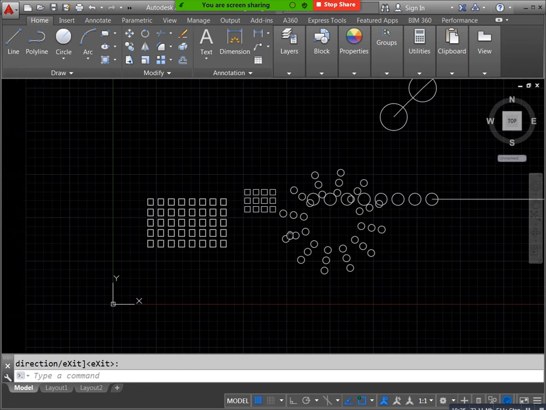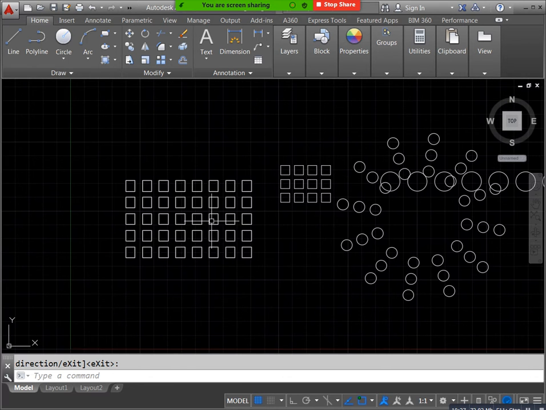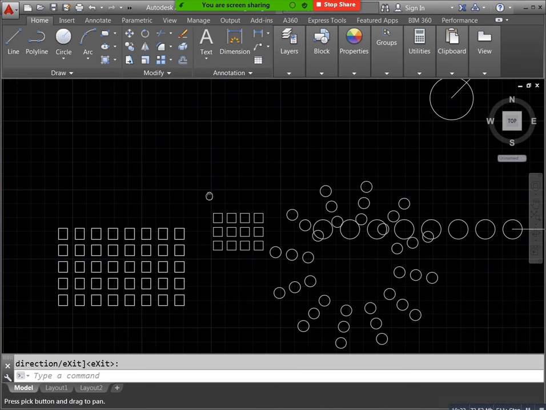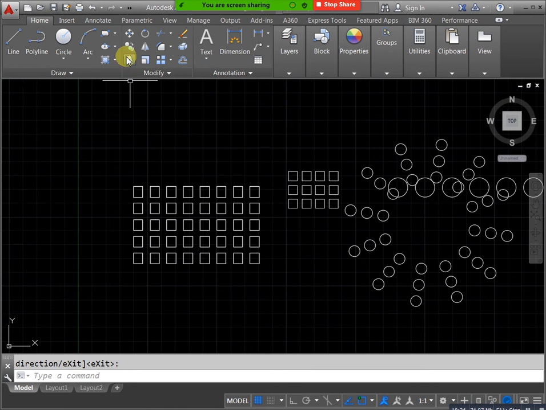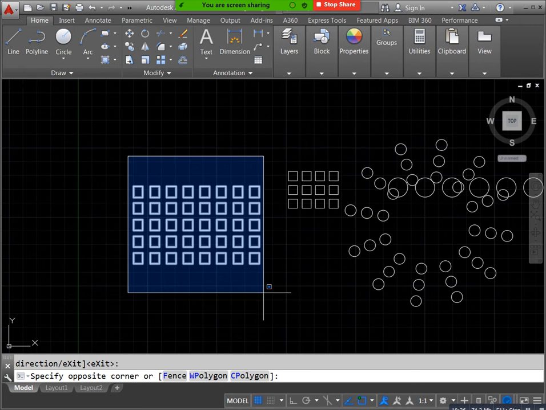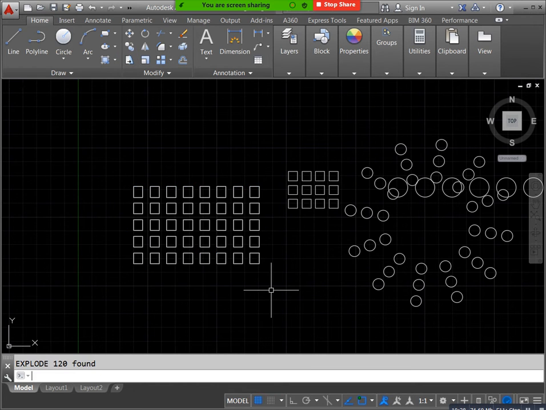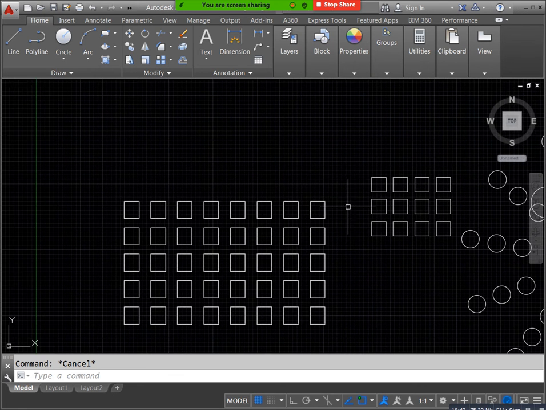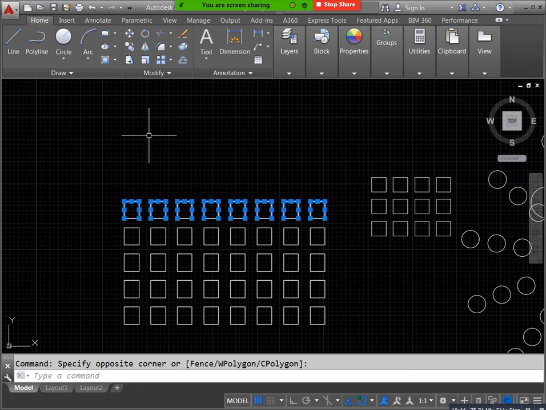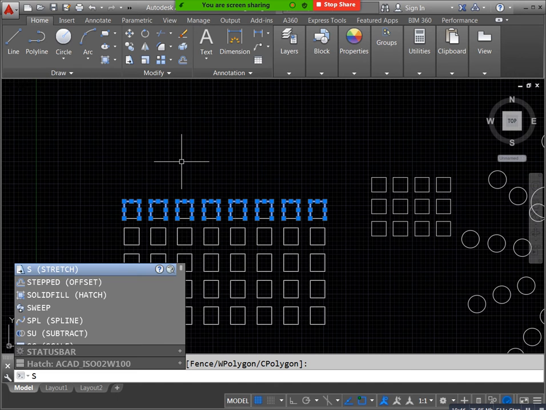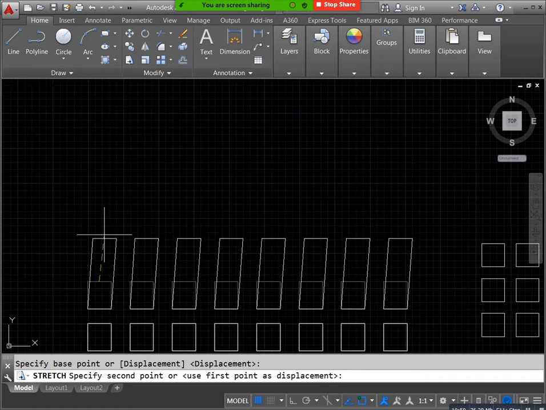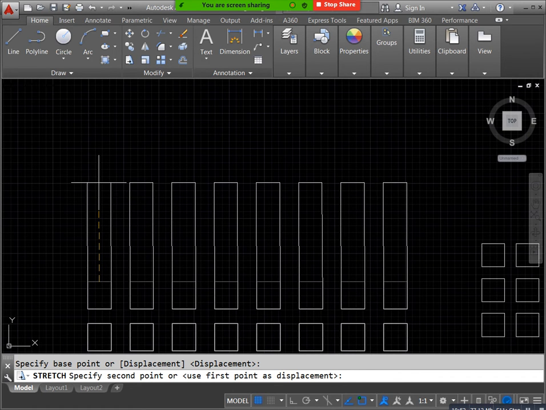we have stretch. Here we have the stretch command. For example, you can select this one, you can explode all this. Now a single entity is selected. Now I selected all this, just you can mention S enter, stretch. You can edit like this. At a time you can increase like this. Complete section view increasing or decreasing size purpose, we need stretch.